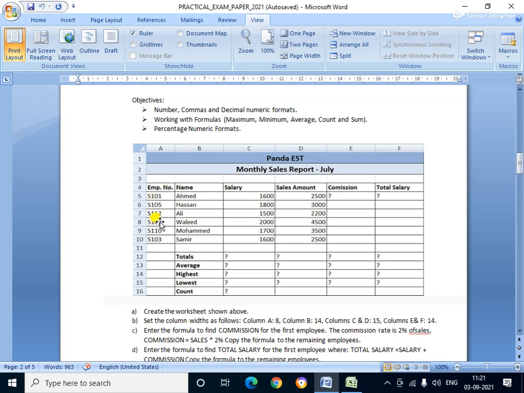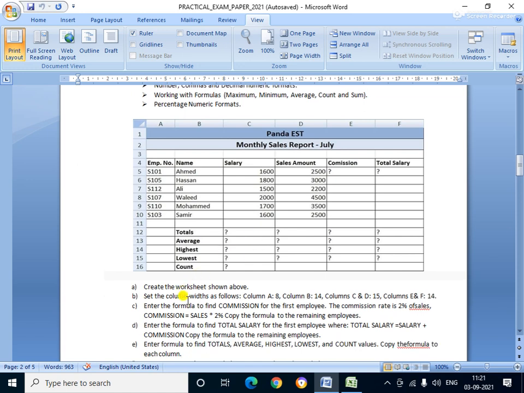See the employee number, name, salary, sales amount, the commission and the total salary. Here we enter the salary and the sales amounts, and we calculate 2% of the sales amount.